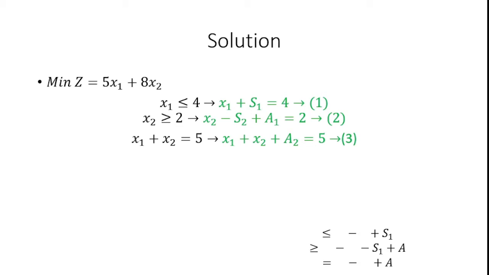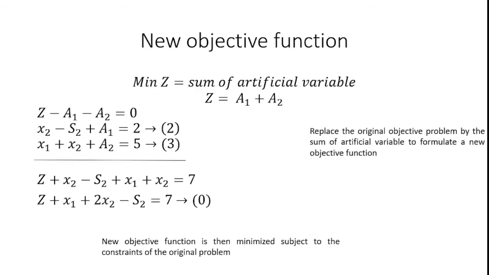So these three constraints, three parameters are important for solving the problem with the artificial variable technique. I have converted the three constraint equations with the introduction of slack variable and artificial variable, with the respective equation according to the constraint sign available with that constraint equation. Then the next step, objective function. What can I do with that objective function?